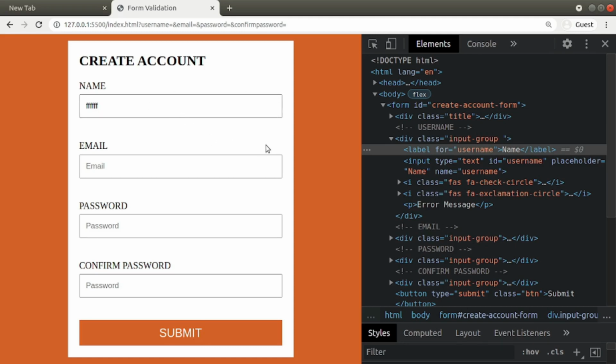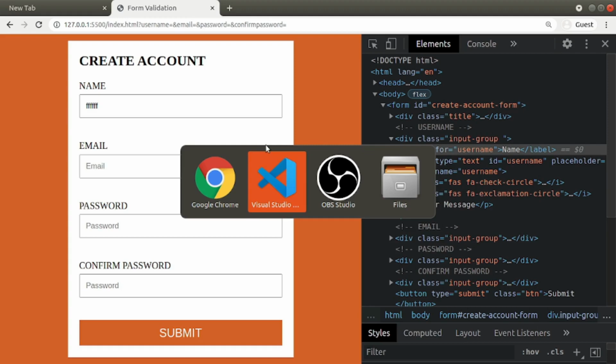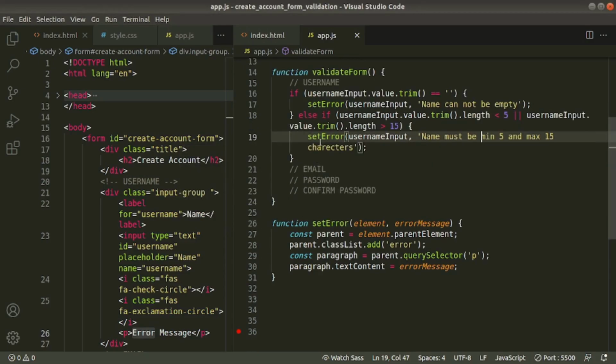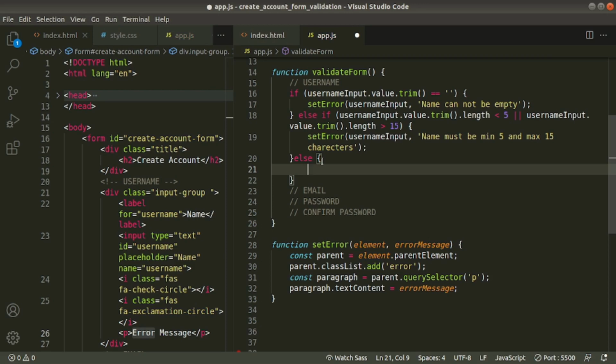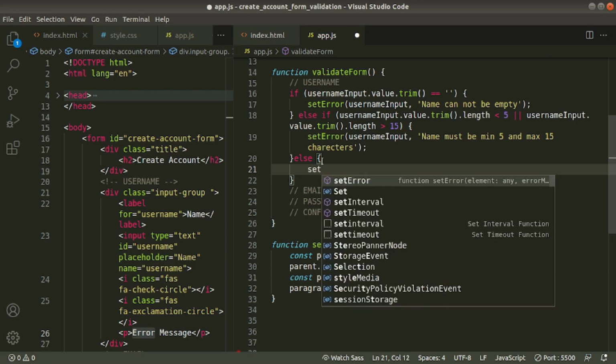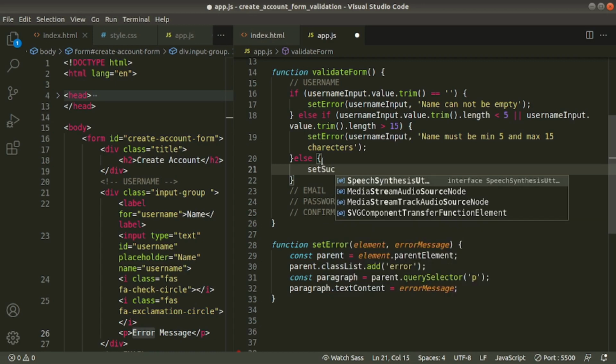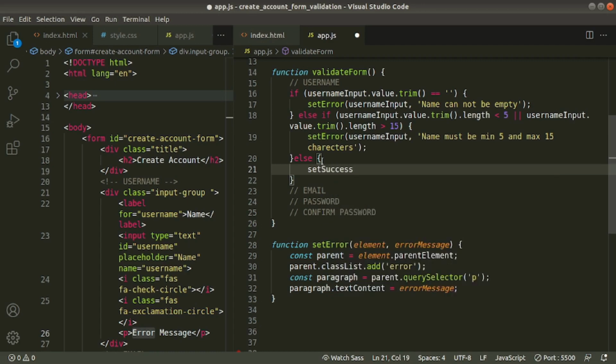Now go back to editor. After this else if, we'll write that one. If it is not empty, if it is not less than 5 or greater than 15, that is a valid value, then we'll write else here. Here we'll call another function, set success. Here we'll pass username input field. We don't have this function, we'll write it in a minute.